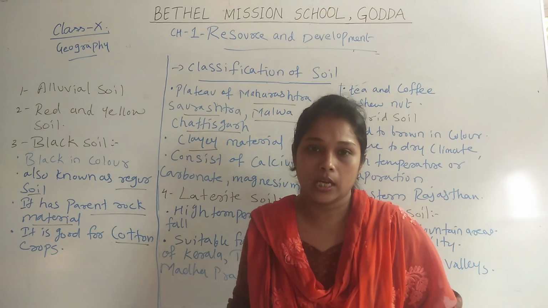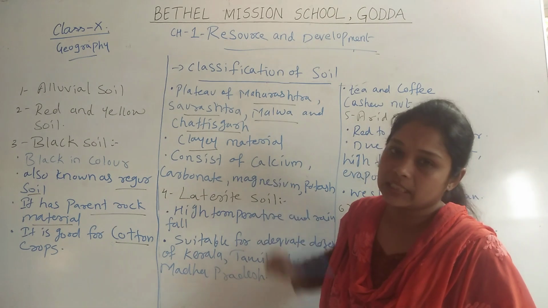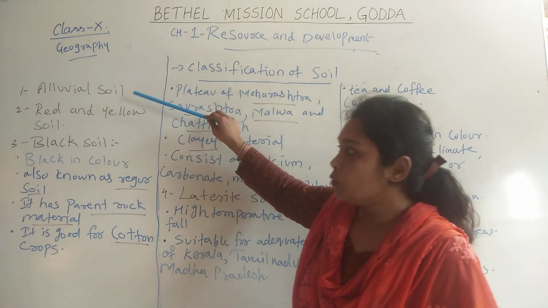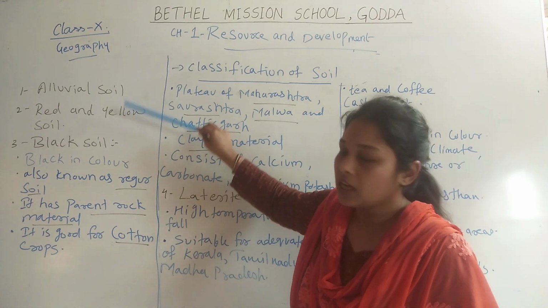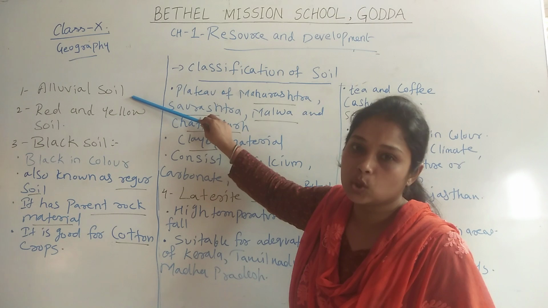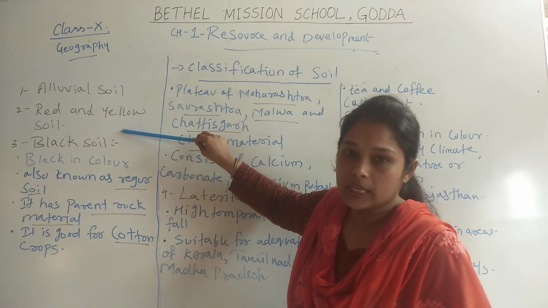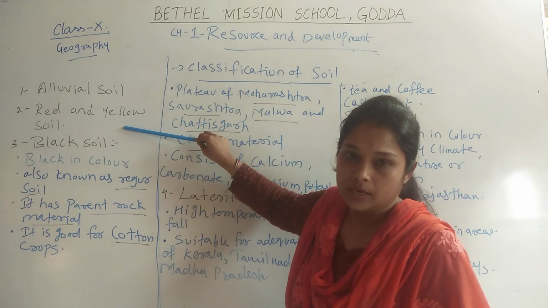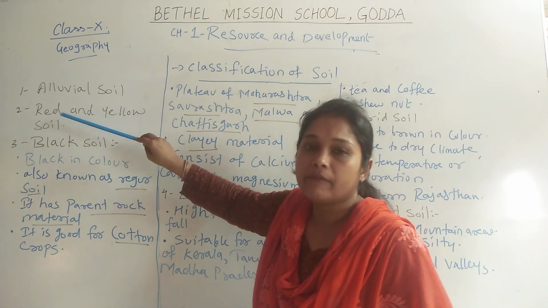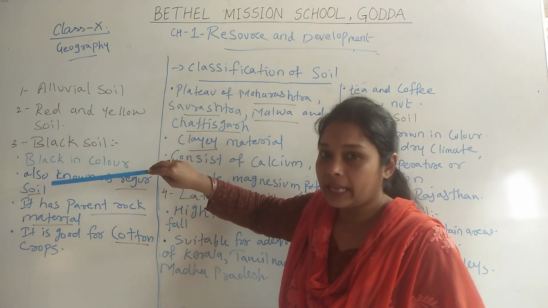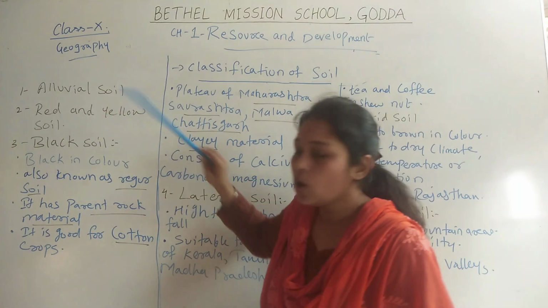And we have seen that we are having different kinds of soil on land, which is also called classification of soil. In our last video, we have seen two types of soil under classification of soil: alluvial soil and red and yellow soil. Alluvial soil is the most fertile kind of soil. Red and yellow soil has moisture in it. When it has moisture, it is red in color, and when it gets dehydrated due to high temperature, it becomes yellow in color. That is why it is called red and yellow soil.